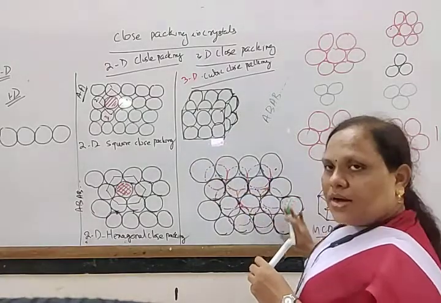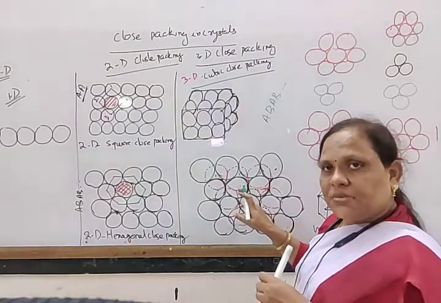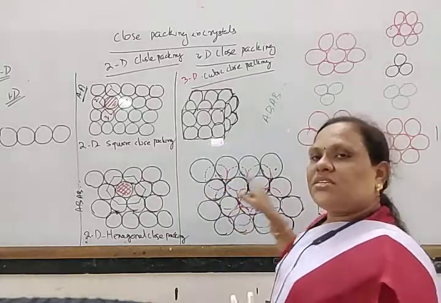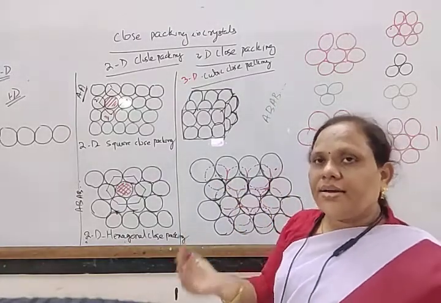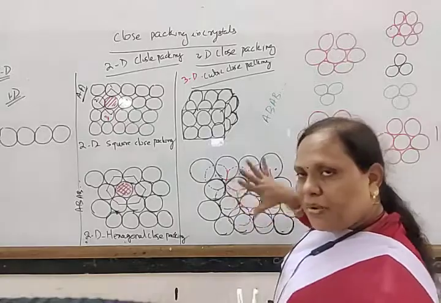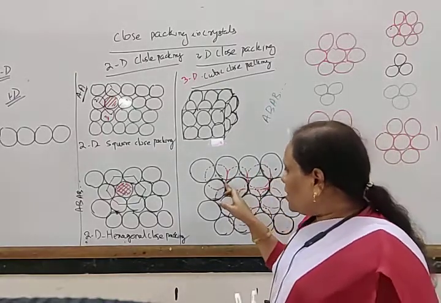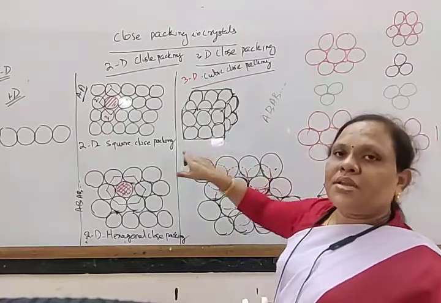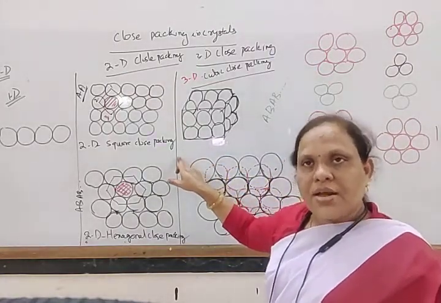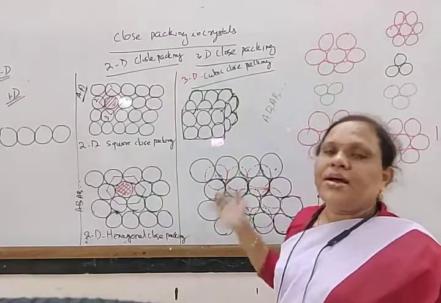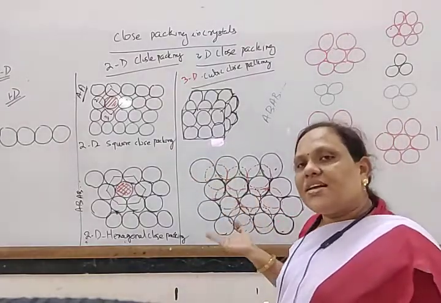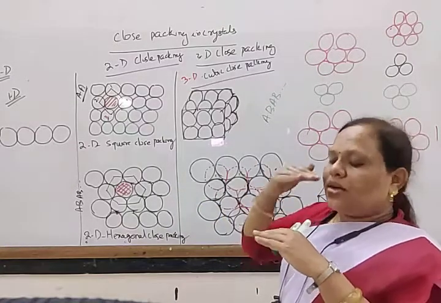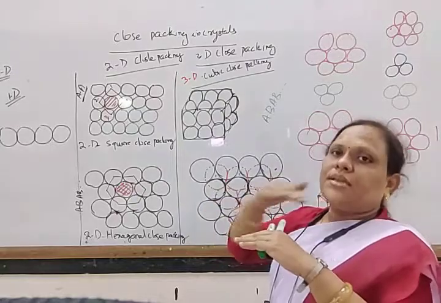So the first layer creates two types of interstitial space. The second layer remains just by covering the X interstitial spaces, and the third layer remains in such a way that it can only cover the dot interstitial spaces. The fourth layer remains the same as the first, the fifth layer as that of the second, and the sixth layer as that of the third. So in this way, three arrangements are there: one is A type, another B type, another C type.